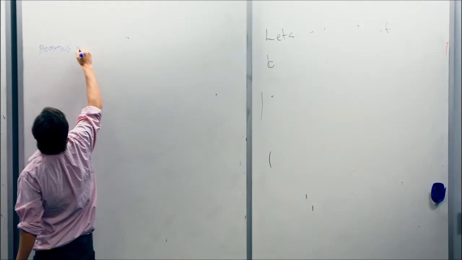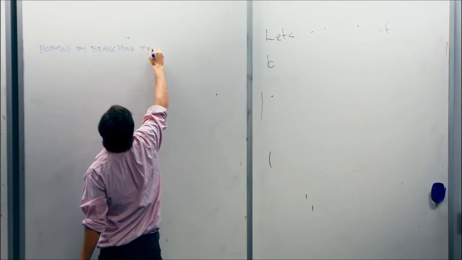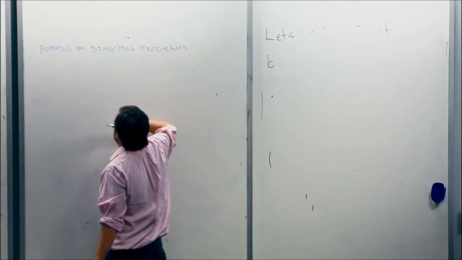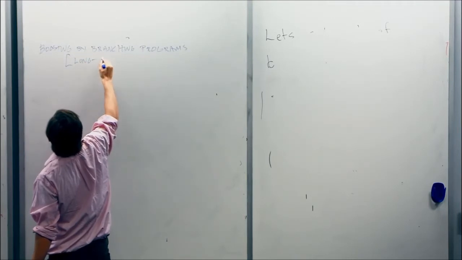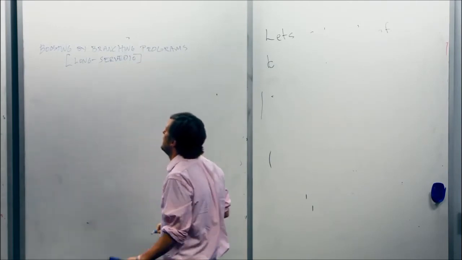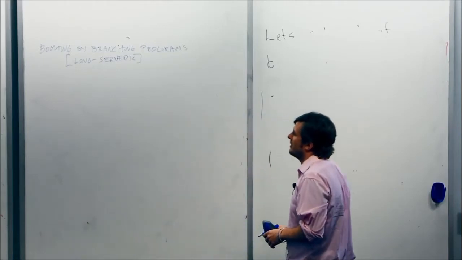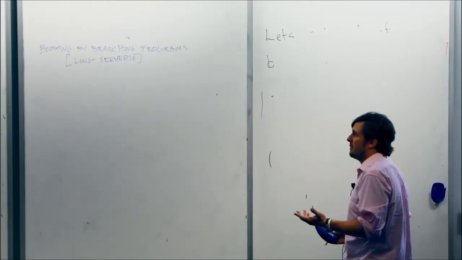So let me give you an example of a boosting algorithm that you probably haven't seen and prove to you that it works. It has some interesting properties. This is called boosting by branching programs, by Phil Long and Rocco Servedio. The reason I'm going to show you this boosting algorithm is, one, you probably haven't seen it before, and two, it's conceptually very simple, and it has a fairly simple proof.